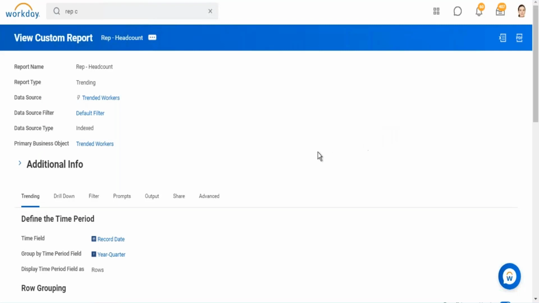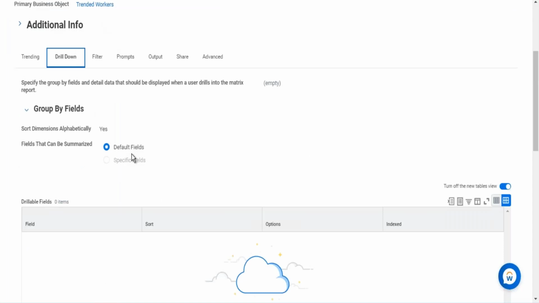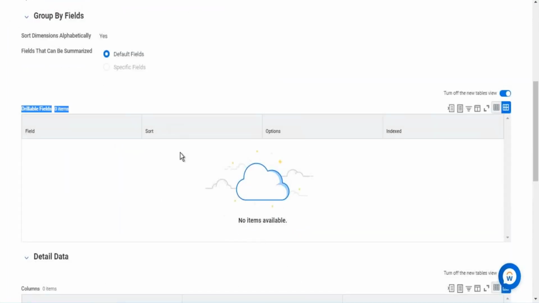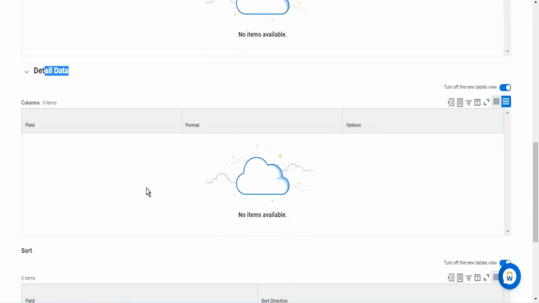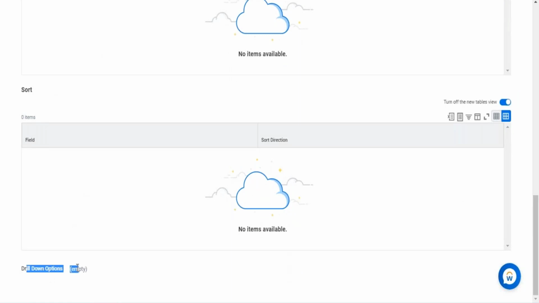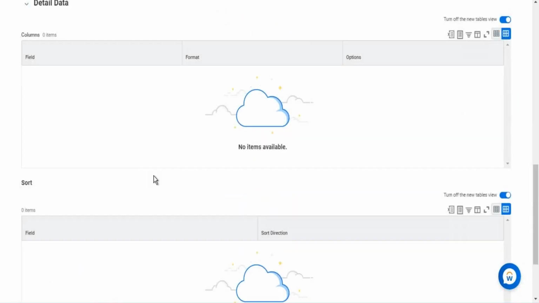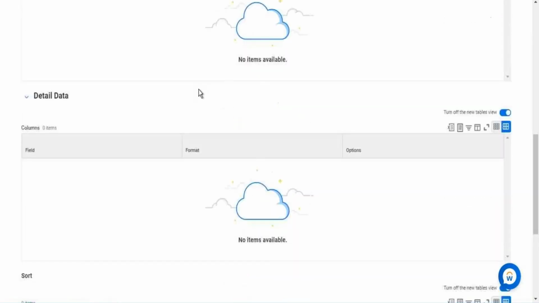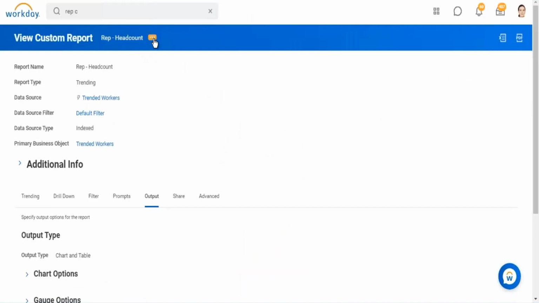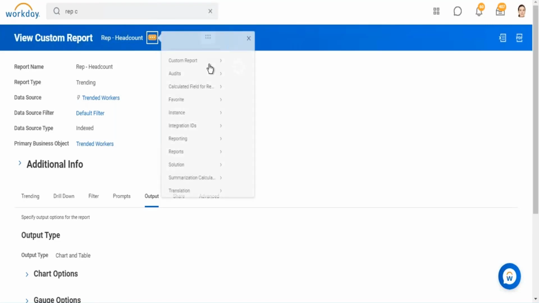All right, any questions? Drill down and detailed data is exactly the same. It's the same metrics. So if you see, you still have the default fields, detailed data fields, sort, drill down options. So they are all exactly similar. If you want, you can change the output type. So here the default output type, if you see, is, if I run this report once again,